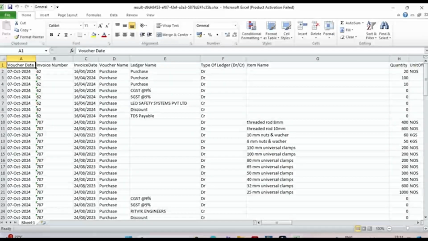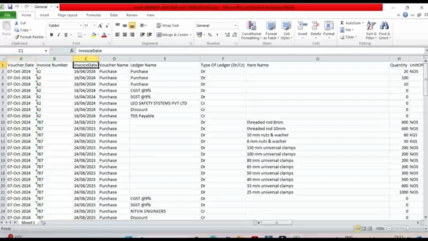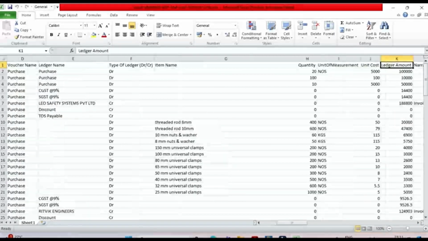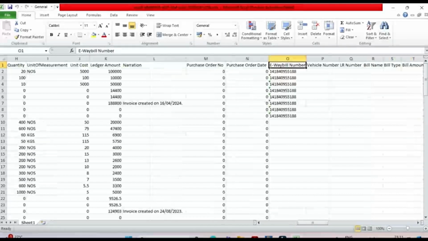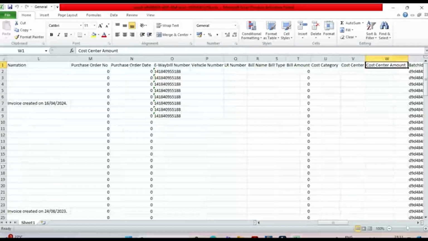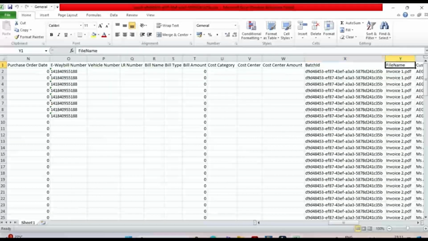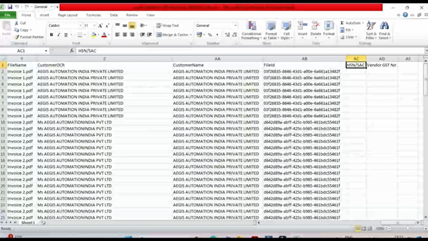In our Excel output, we will get voucher date, invoice number, invoice date, voucher name, ledger name, type of ledger, item, quantity, unit of measurement, unit cost, ledger amount, narration, purchase order number, purchase order date, e-waybill number, vehicle number, LR number, bill name, bill type, bill amount, cost category, cost center amount, batch ID, file name, customer OCR, customer name, field, HSN code, vendor GST number.